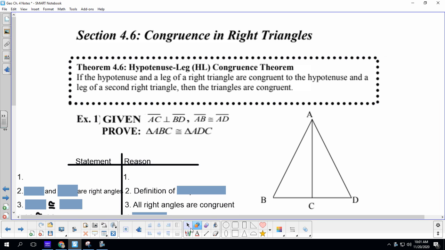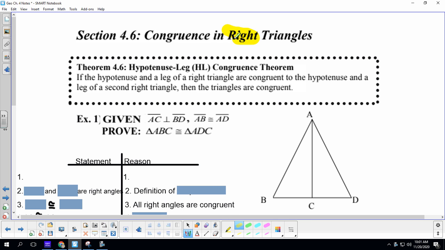Well, hello, you guys. It's Leah Applegarth, the geometry teacher, and today we're going to be doing Chapter 4, Section 6, talking about congruence in, drumroll please,